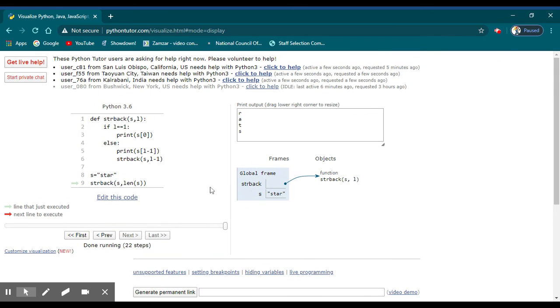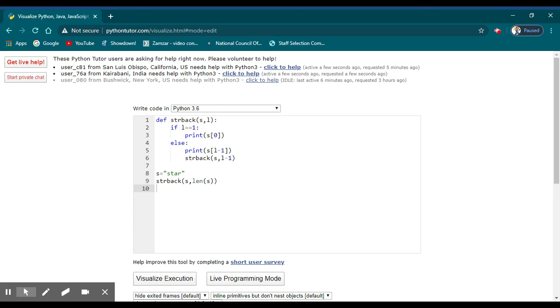And then everything is done. RATS is printed. For example, in order to get all those values in a single line, how do we edit that code? You can write end is equal to space, isn't it? Here I can write end is equal to space. Then you will get the output. Hope you understood.